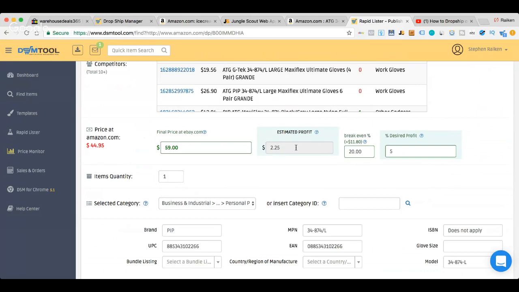There's different business models that I've been learning. Some people just list everything. Other people list higher end items and optimize the title and run sponsored ads. But remember, guys, this is a passive income style business, not 100% passive, but you set it up once and it could earn you money for days or months or years. It really just depends on your advantage and your price and the amount of feedback in your store, right? But don't worry so much about the estimated profit. I know it's really low, but imagine if you had 1,000, 2,000 items listed.